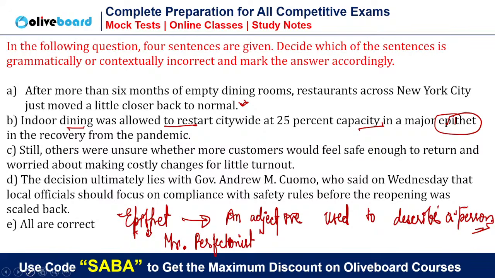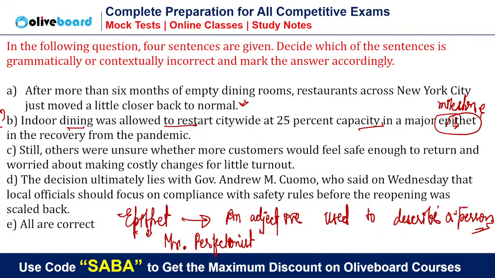In a major milestone, you can say, because we are not talking about any adjective to describe a person. Captain Cool, Dhoni, King Kohli, so these are epithets. Is it clear? Learn these are epithets, okay? I feel that B is wrong, but still I will put a question mark.